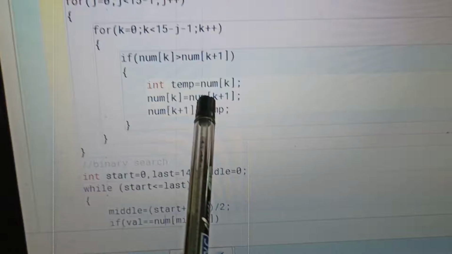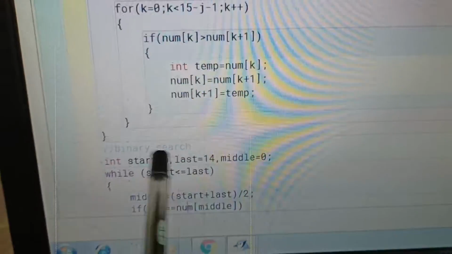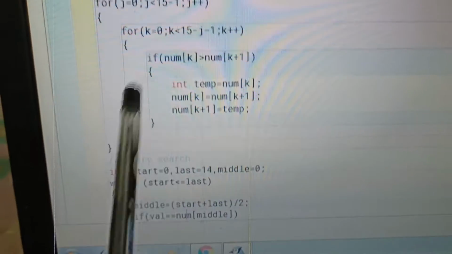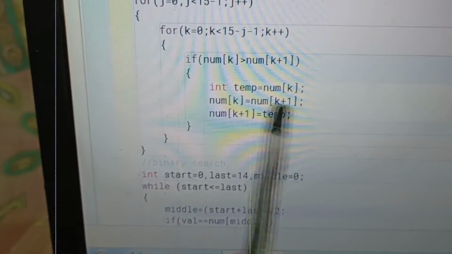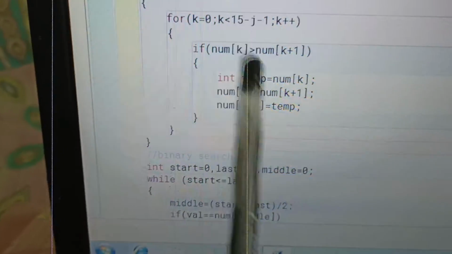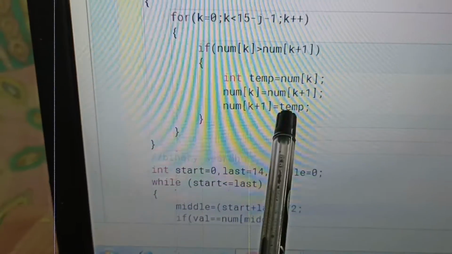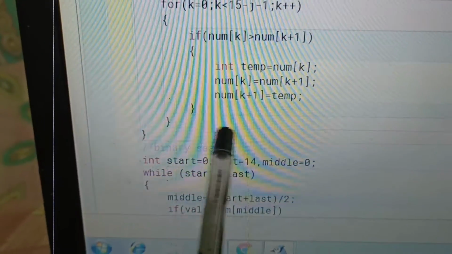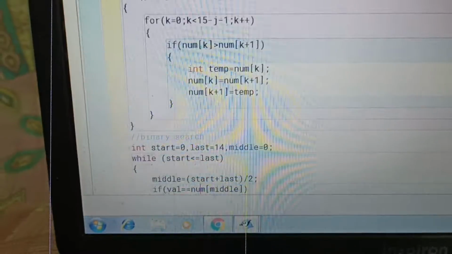So k plus 1, k means the position, whatever value is stored in num goes to this k variable, and again this becomes empty. Now whatever is stored in the temporary variable is passed to this variable. So this is the sorting method.